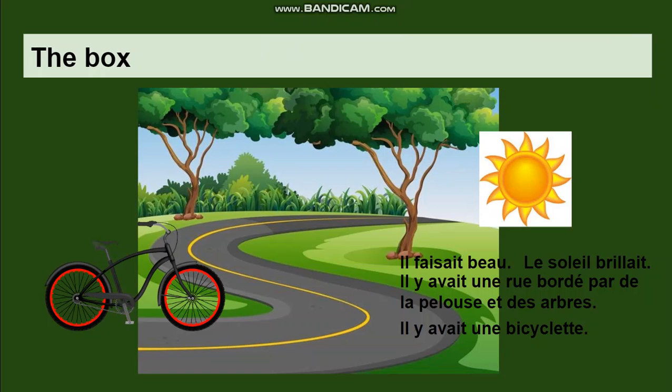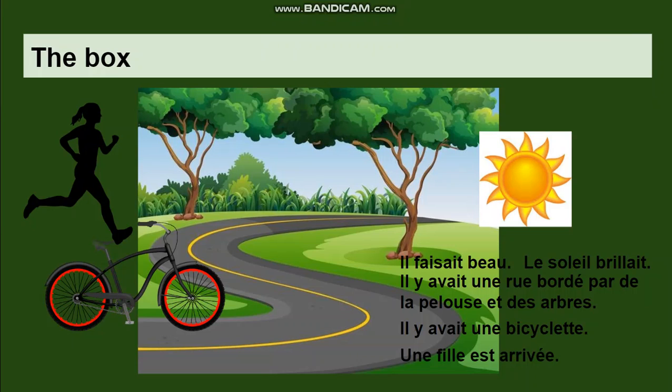Now, if something happens in the scene, that activity is going to be in the passé composé. So the girl arriving, une fille est arrivée, is in the passé composé. But what the girl is thinking or what she was like, her description, would be in the imperfect. Elle voulait faire un tour à bicyclette. Now, generally, the rule is that anything that you can do with your brain except decide or to suddenly have an idea is in the imperfect.